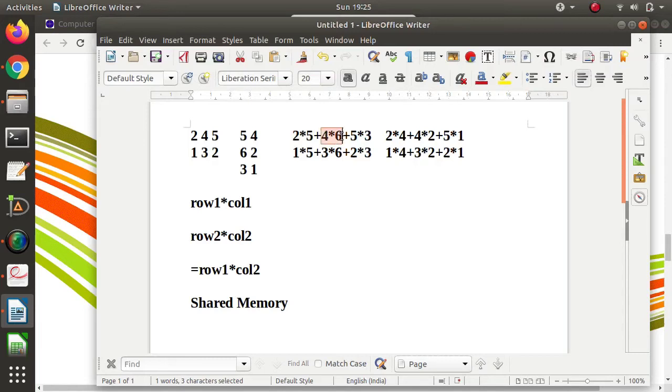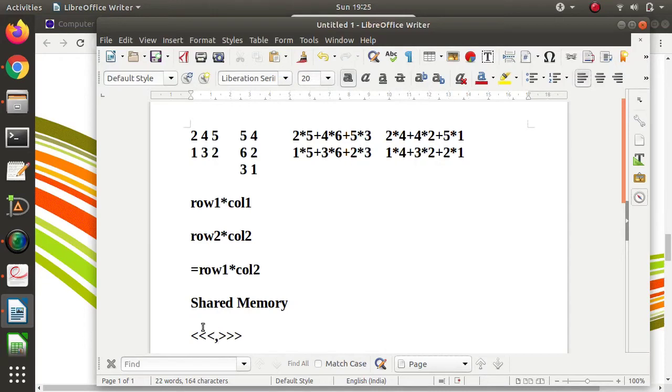This is by one thread, another thread. So one block, and in that block there will be three threads, one for this, another for this, and this thread. In the same way, one block to calculate this, and inside that block we'll create one thread for calculating this, another thread for calculating this, and a third thread for calculating this. Now I will tell how shared memory is used in this case. First we'll find out how many threads are required and how many blocks are required.